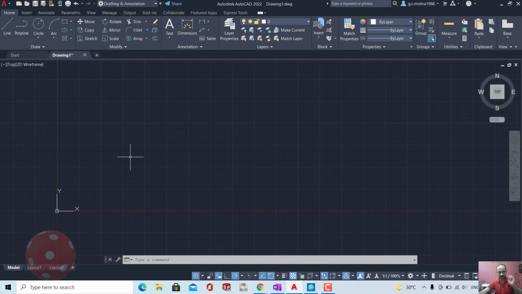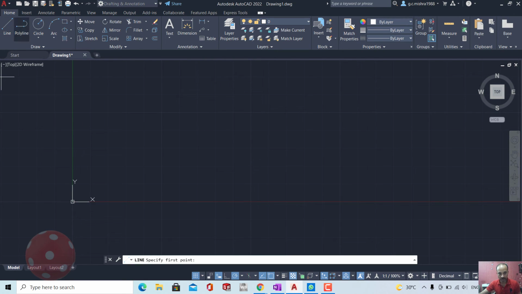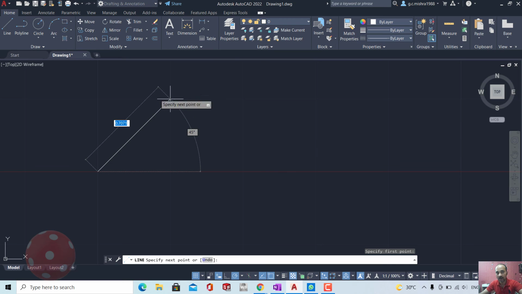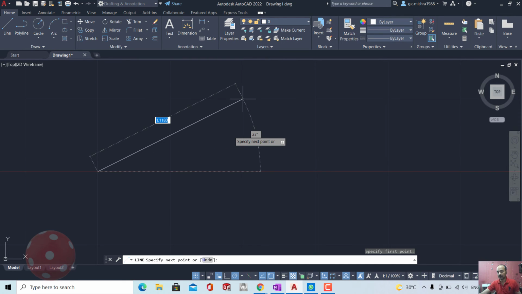If I show this in the interface, then if I start drawing a line and snap grid is on, you can see that if I start from here, it can go here or here or here, only 4 points. First point at the bottom, second point at this, third point at this. It means grid snap is on and your cursor will be jumping. So several students during the learning process tell me, "Sir, my cursor is jumping." It means their grid snap is on.